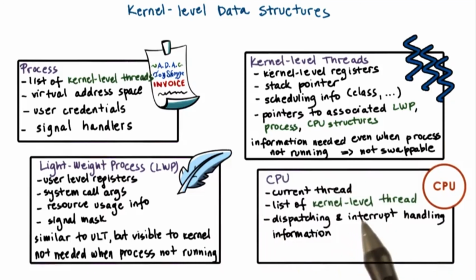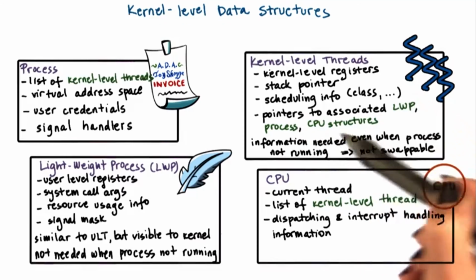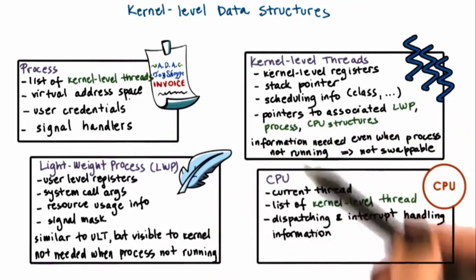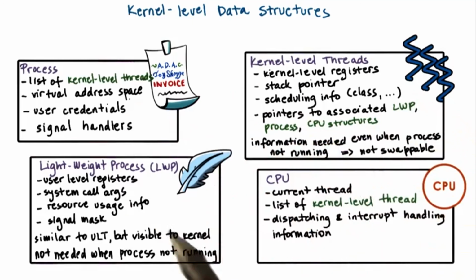Next is the CPU data structure. It has information like the current thread that's currently scheduled, a list of the other kernel-level threads that ran there, and some information on how to actually execute the procedure for dispatching a thread or how to respond to various interrupts on peripheral devices. Note that if we have information about the CPU and a given CPU, once we know the current thread,